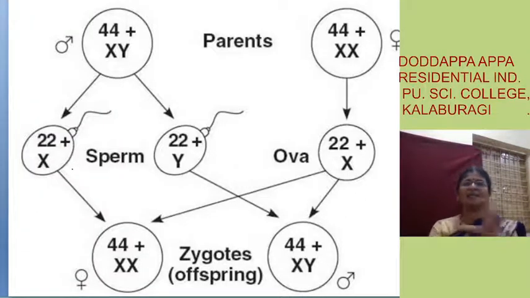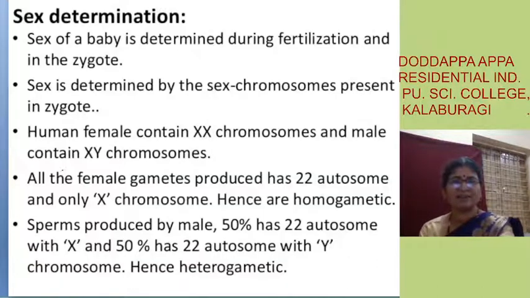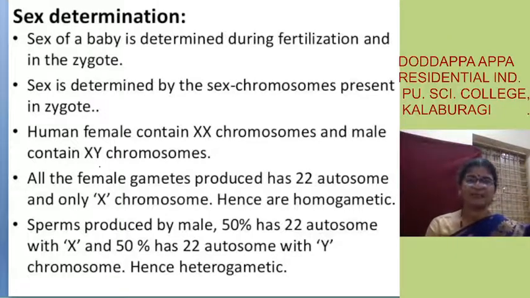Fine. So here that has been shown in a diagrammatic way. No need for us to explain once again. Now sex determination, just now whatever I told, is given here. A gamete is haploid, so it contains 50% of the chromosomes. It contains 22 autosomes. So the gametes have 22 autosomes and one sex chromosome. Thus it has 23 chromosomes.